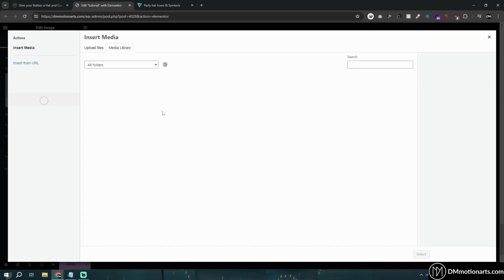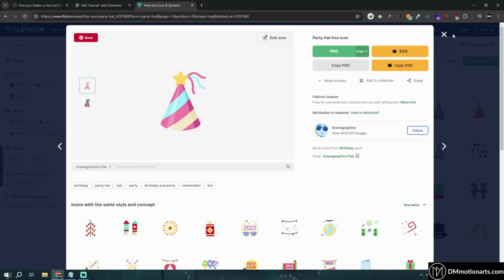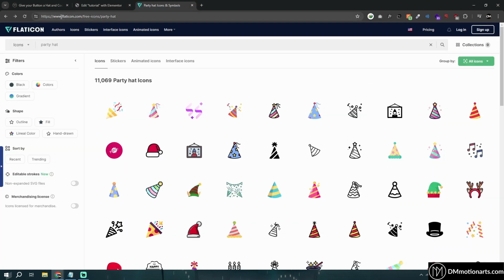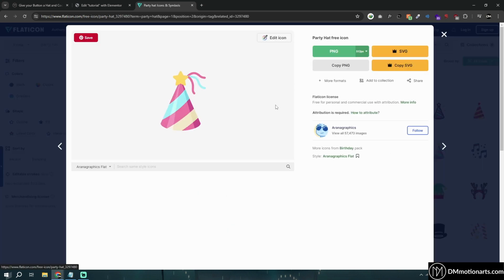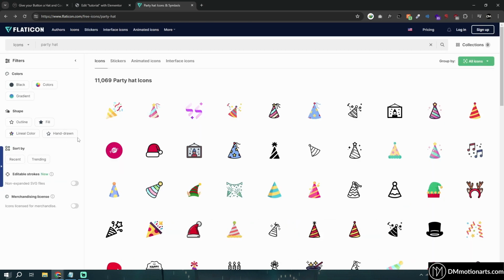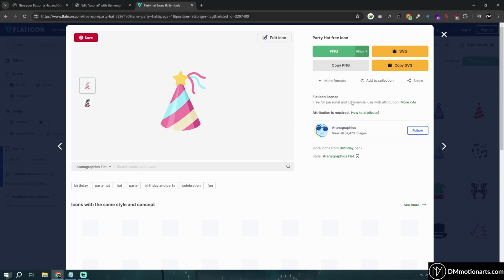And now the next one is the hat, and the hat I've gotten from this Flaticon website where it provides lots of free icons and stuff. I downloaded this one. If you wish to download it, you could just get this one or use any one of them, and I upload it to my website, which is this one. I'm going to copy the file URL, and then